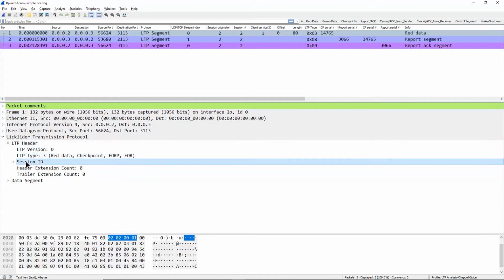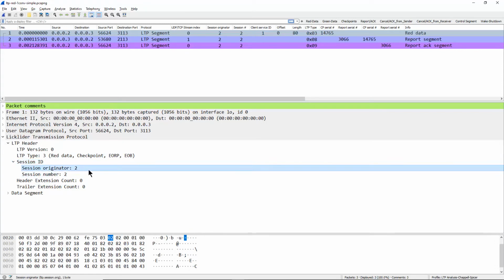After that, we have a session ID field, and I'm going to expand this in Wireshark. You see the session originator, so 2 is a session originator. Don't get that confused with the IP address, they are different things. Then there is the session number.